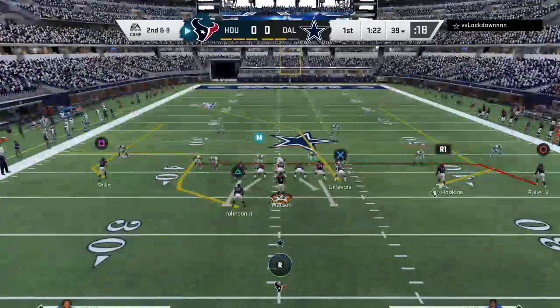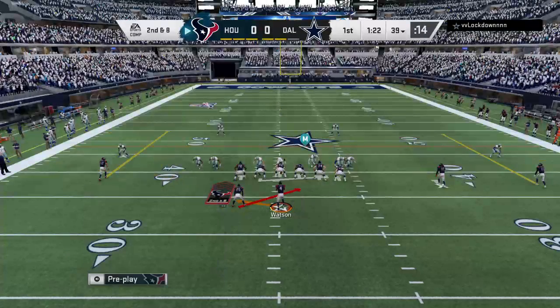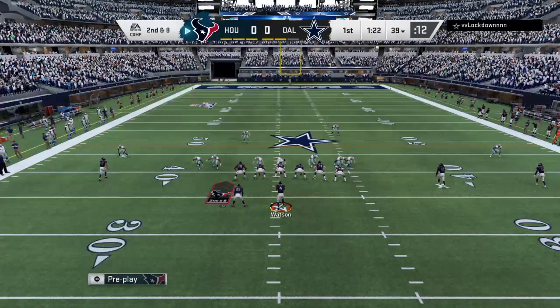This is it. 19. Come on, let's go. Check the back, check the back. 36. Check 4, check